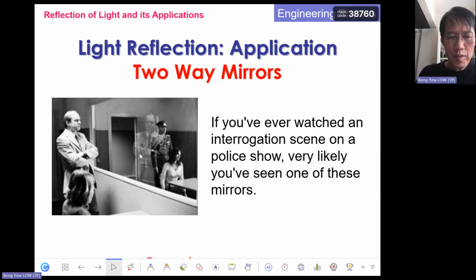The name is a sort of a misnomer. Light does not travel two ways through this mirror, which would otherwise make it a glass. A two-way mirror is called that because it appears as a normal mirror on one side, but from the other side acts as a window, allowing you to see through it, essentially providing two ways of viewing depending on which